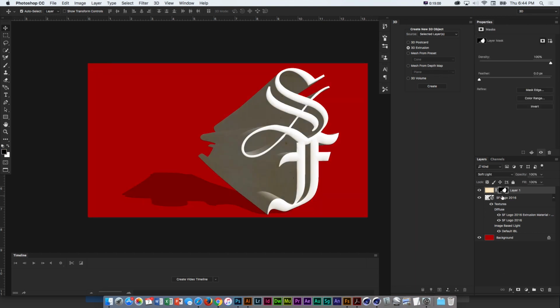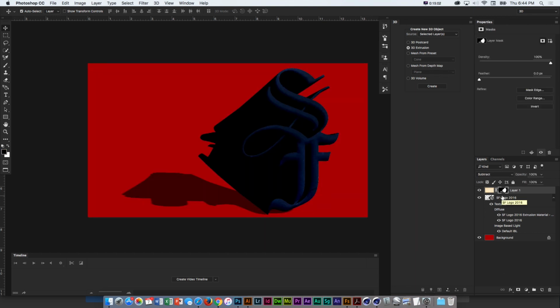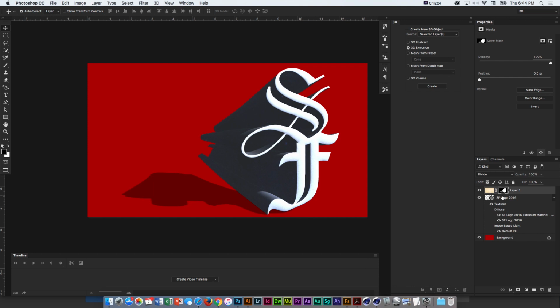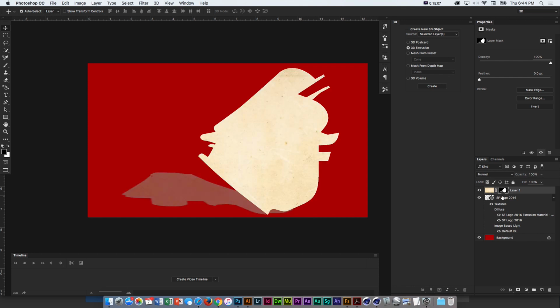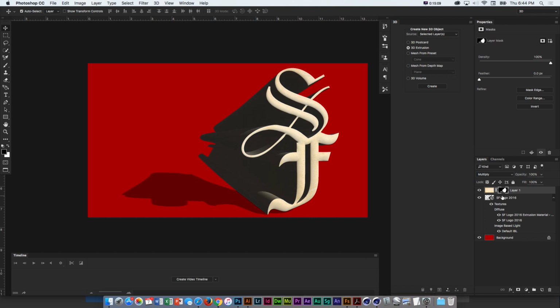So again, the benefit is it's putting it in this world. It's still all live and editable, and combining everything and letting you do what you might already know with things like blending modes, layers, channels, any of that sort of stuff, and making it easier and sitting within there.